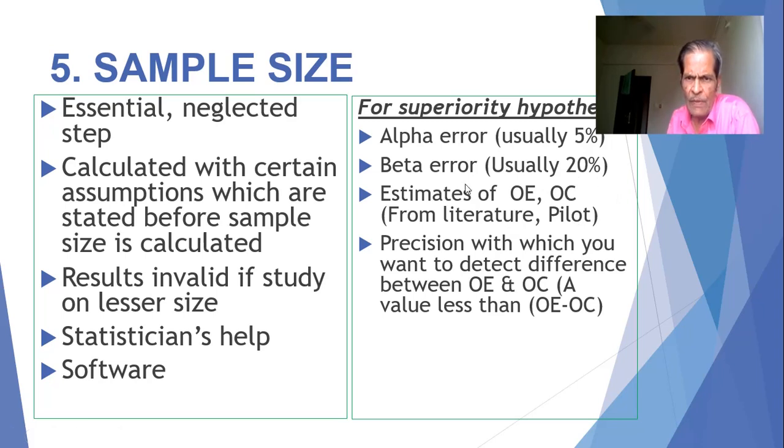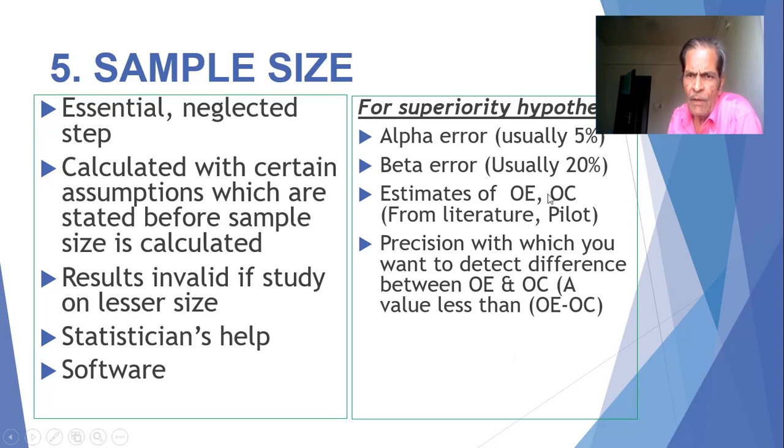This can be obtained from literature or from the pilot study. As I have already said, this discussion relates mostly to the phase 3 studies. So in phase 3 studies, the estimates of the outcome in the experimental group and outcome in the control group can be obtained from previous phase 1 and phase 2 studies. If you are conducting a phase 2 study, then you will have to conduct some pilot study. But for a phase 3 study, you cannot say that there is no information available on the estimates